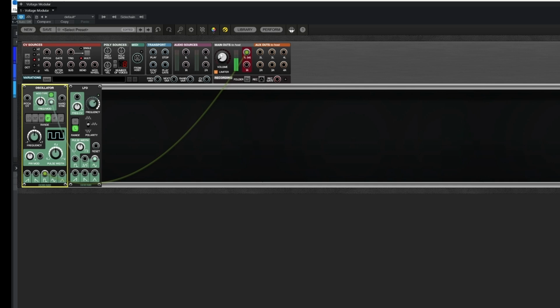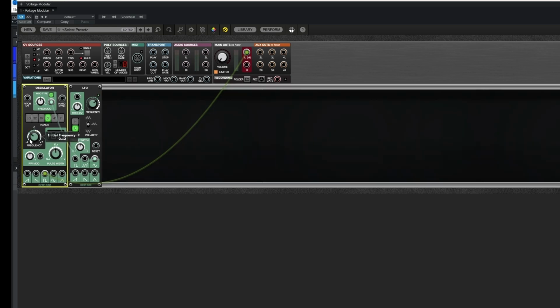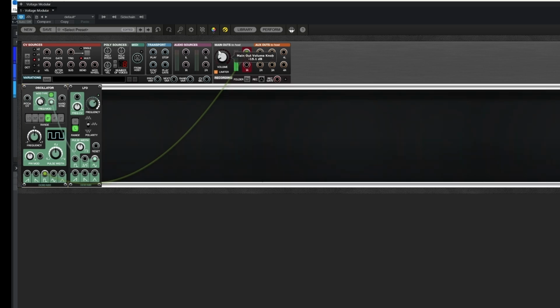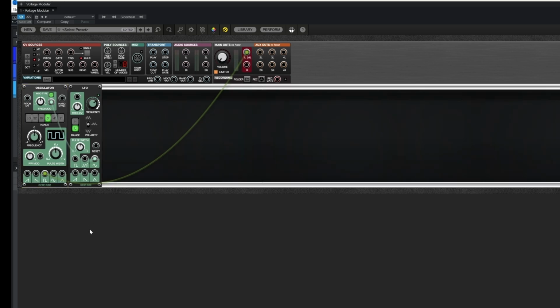So it is essentially turning this up and down, except it can do it over a much bigger range. So obviously musically we can use that for vibrato or